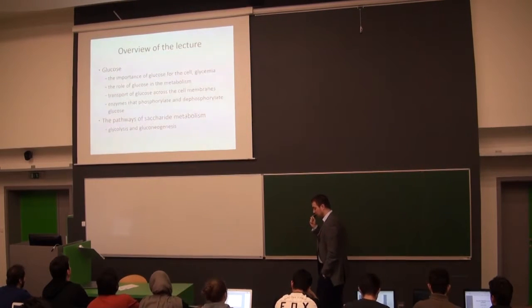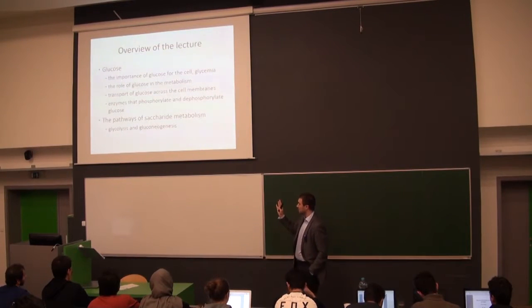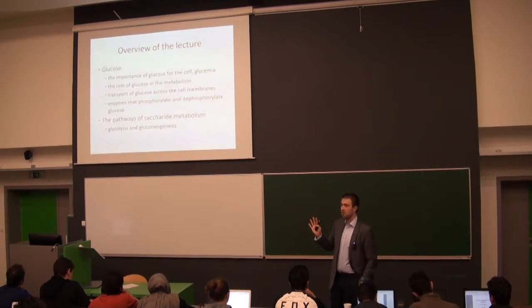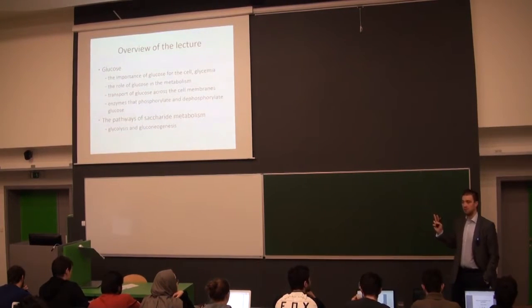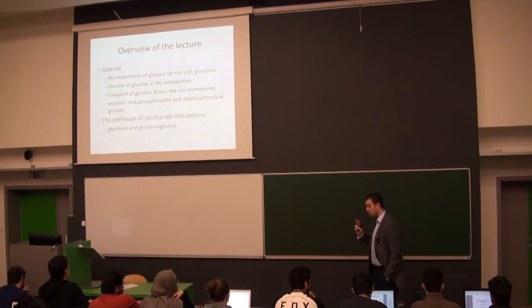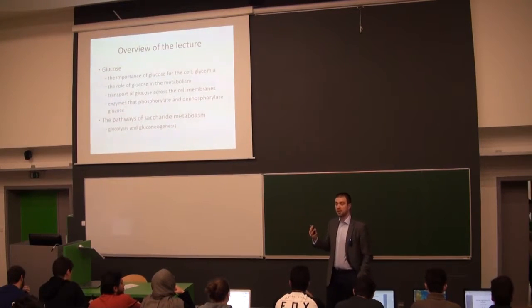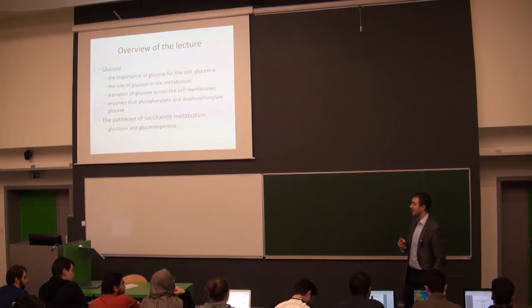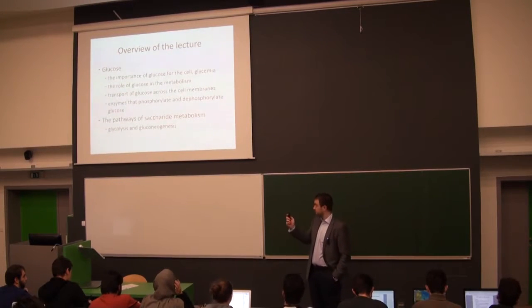Before we come to the glycolysis and gluconeogenesis pathways, we will start with some facts about glucose. That means why it's so important for our body. What does glycemia mean? That means the concentration of blood glucose. Then we will speak about how we can transport glucose through the membranes, for that's a very important initial step when you want to start the metabolism of each nutrient. And then we will smoothly go to those two metabolic pathways.